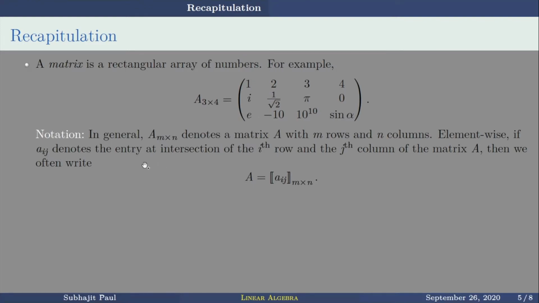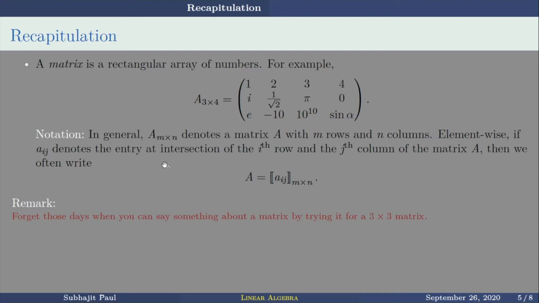Okay. So this is another notation. This is element-wise notation, and this is a whole matrix notation, A m cross n. This remark is very important. Forget those days when you could say something about a matrix by trying it for a maximum 3 cross 3 matrix. A square matrix is an n by n matrix if it is mentioned as a square matrix. Otherwise, in general, it is an m cross n matrix.